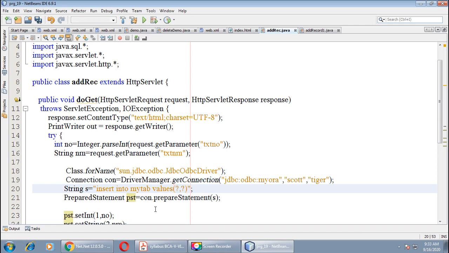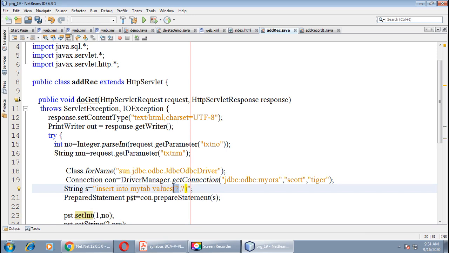The first value is a numeric value, so for that we will use the setter method of type integer. setInt is a method, right? The index number of this value is 1. So here our first argument is index number 1 for this question mark.